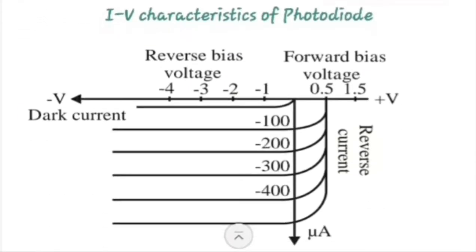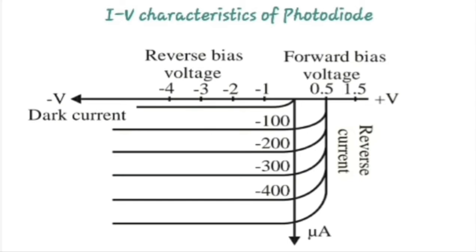Then in the next diagram we can see the IV characteristics of photodiode. As I have told you, photodiode operates in reverse bias mode. So when the p-n junction is reverse biased, a reverse saturation current flows through the junction. As we know, a junction is formed between p-type and n-type material when combined together. When they diffuse with each other, a junction is formed, and when reverse bias current flows through that junction, the p-n junction diode is reverse biased.